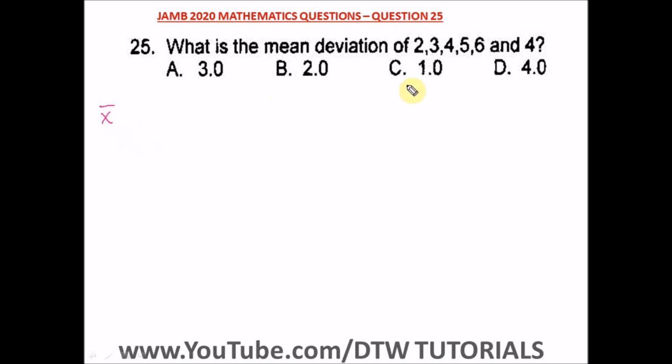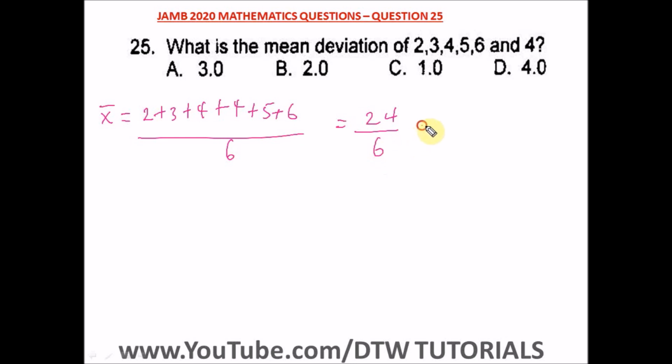First and foremost, we have to find the mean of these numbers. Mean is the same thing as average. So we have 2 plus 3 plus 4 plus 4 plus 5 plus 6 all over the total number, which is 6. So we have 24 over 6. So our mean now is 4. So now we have found our mean, 4. Now to find the mean deviation, we have to take the sum of the subtracted values of each of the